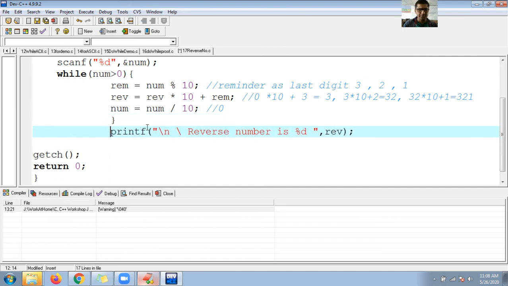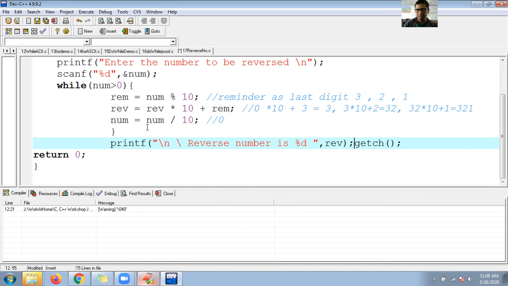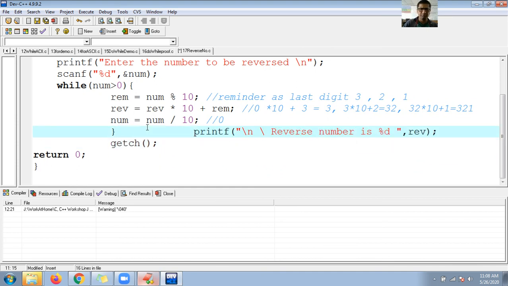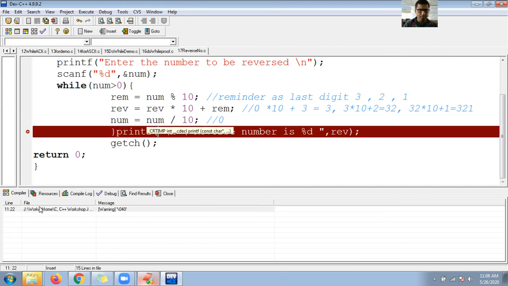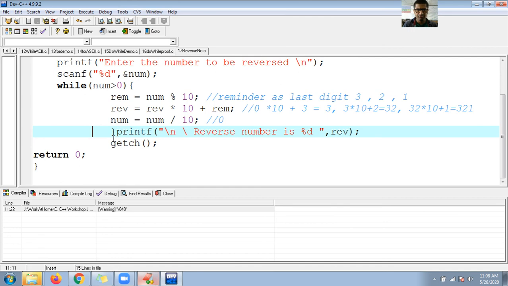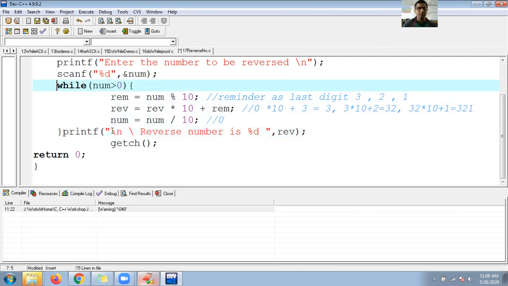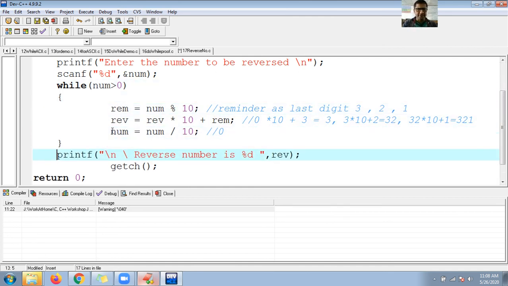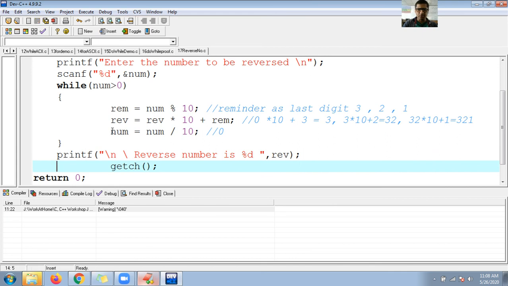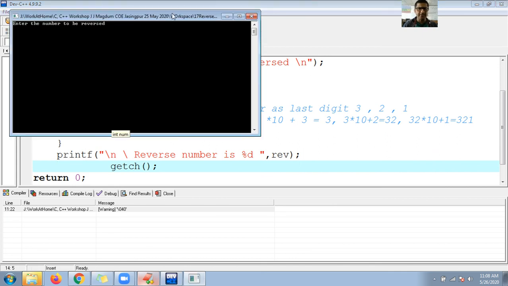Again, warning. Yes, the logic is correct. Why only a warning? I don't care about a warning. Okay, guys, enter the number to be reversed.